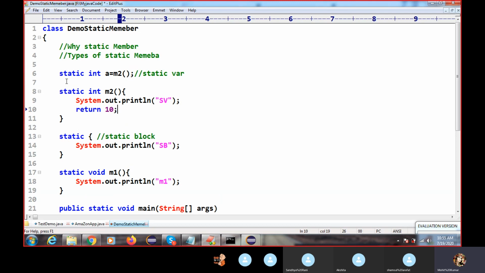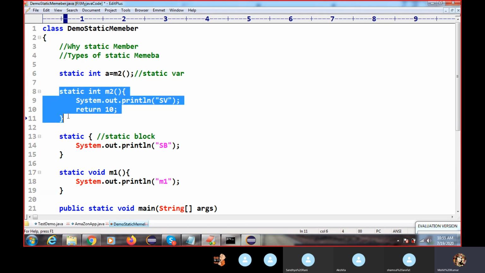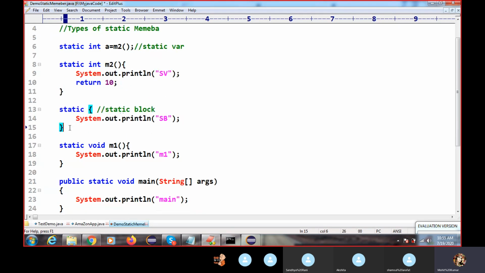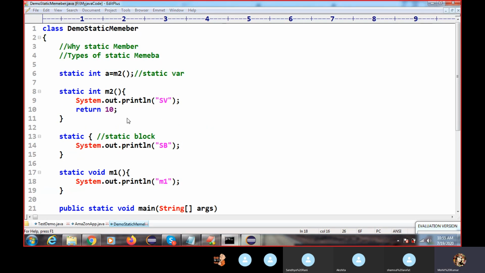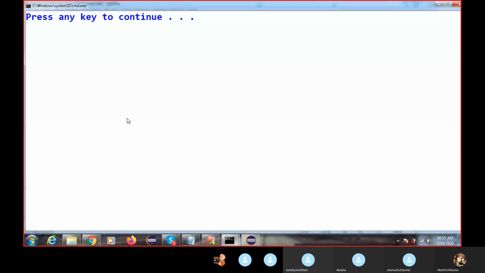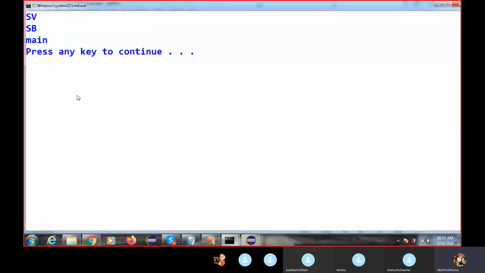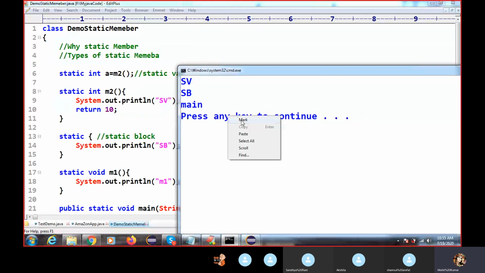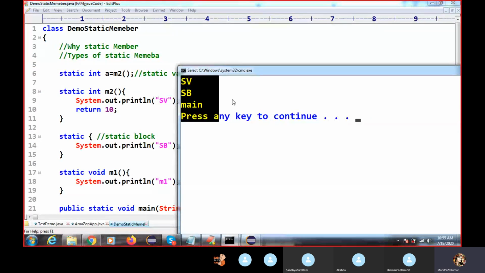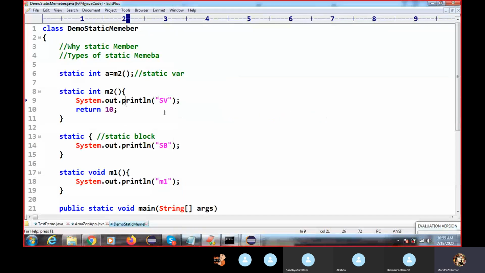So now what will happen: it will execute this m2 first, then it will execute this static block, then the main method. If you call it, then it will execute. You can see what the output will be now: a static variable, a static block, and main. Got it, right? A static variable, a static block, and main.